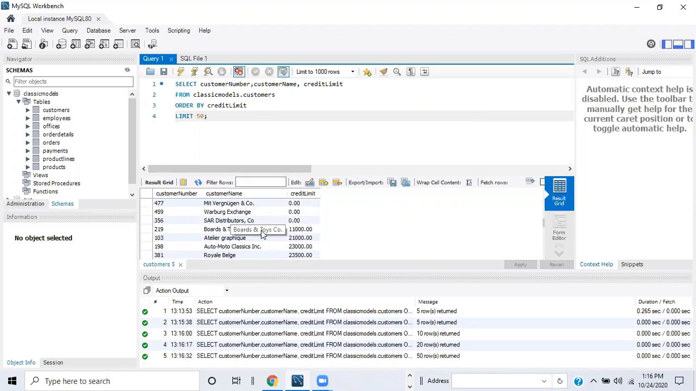So how can we get the 5 customers with the lowest credit that don't have a credit of 0? If you look at my result set, the customer Boards and Toys Company is the first one that has a credit that's not 0. That's the lowest, which is $11,000. All right, so the way to do that is,